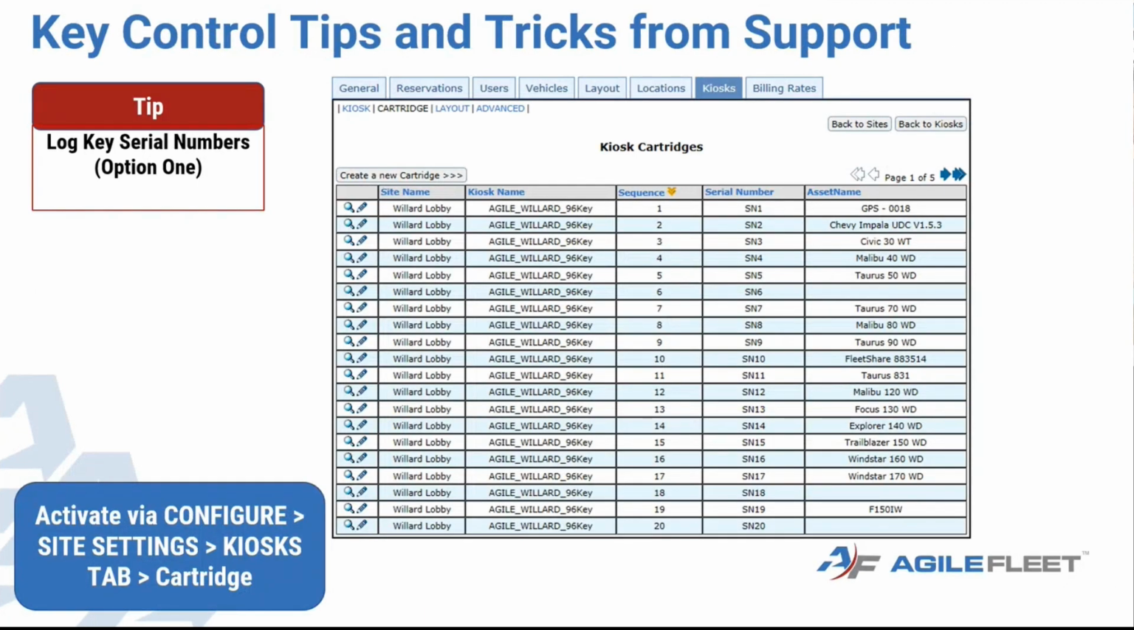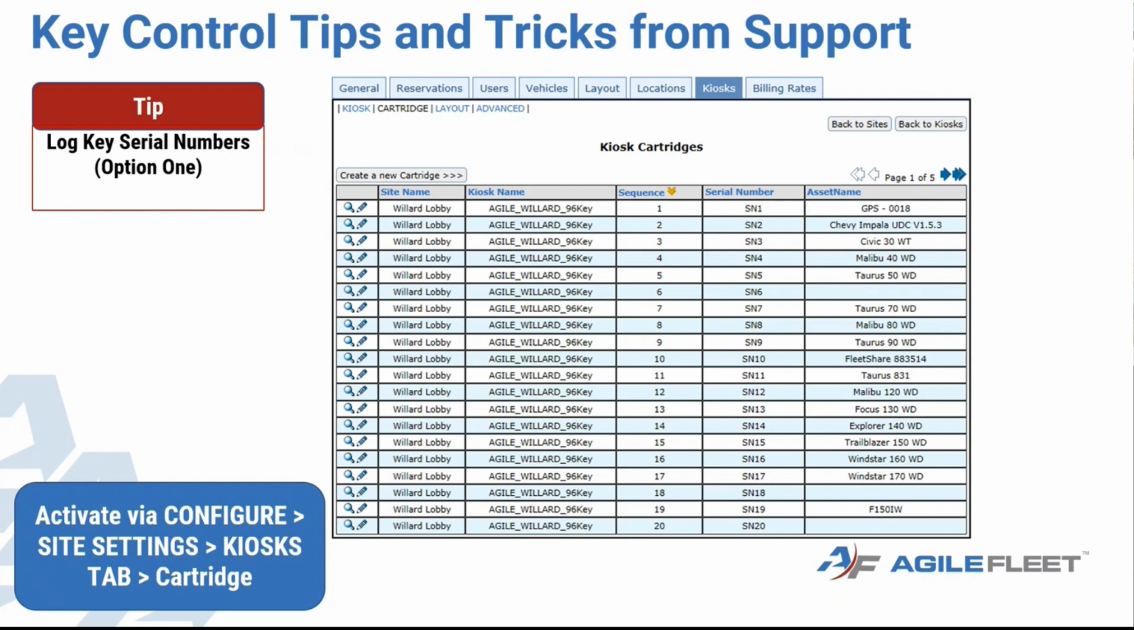First and foremost, logging the serial numbers to those keys. Printed on each of the keys that secure your vehicle keys into the key box, each of those keys has a unique serial number. And if you are sent with your key control system two of those keys, one goes in the box, one ends up